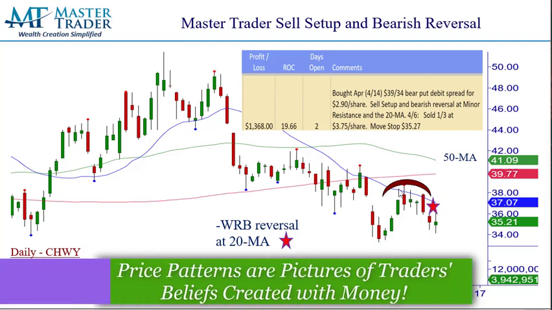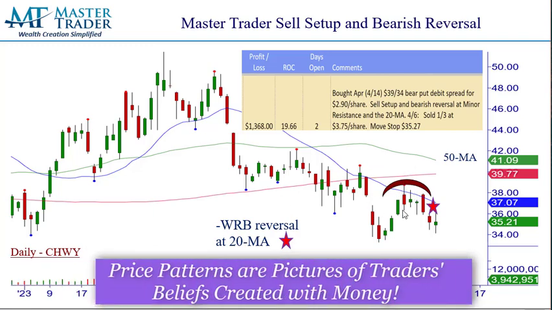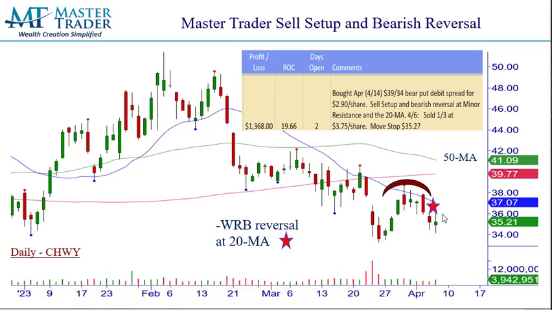This is minor resistance right here, the gap fill area. I have a 1, 2, 3, 4 bar reversal here. That is creating resistance over time at the prior breakdown area. Once I had this wide range expansion engulfing bar, we say that that's the tell, if you will, like a